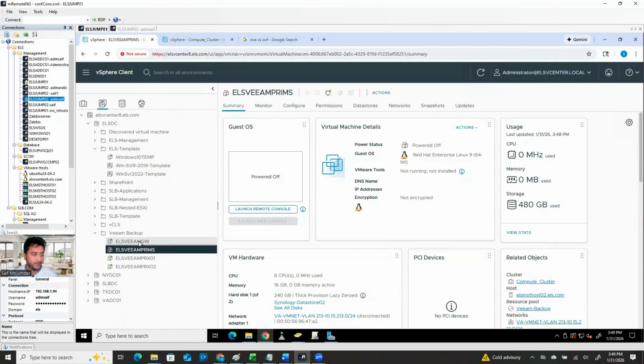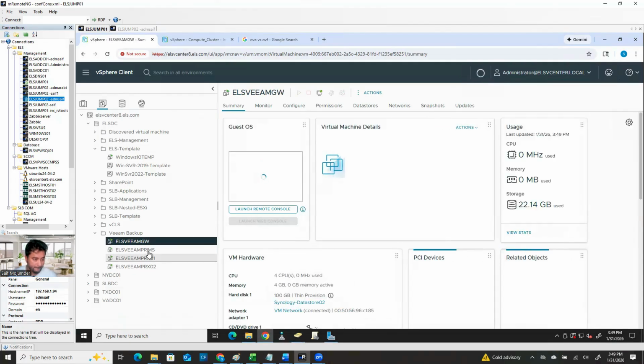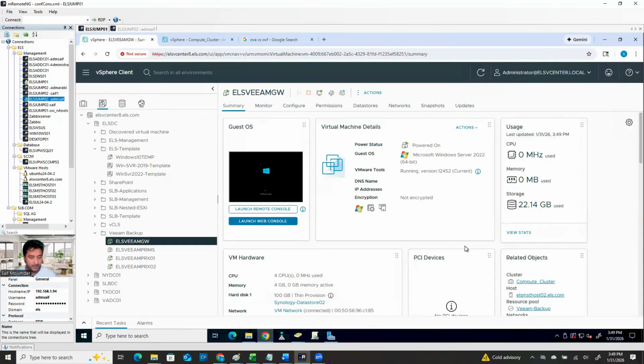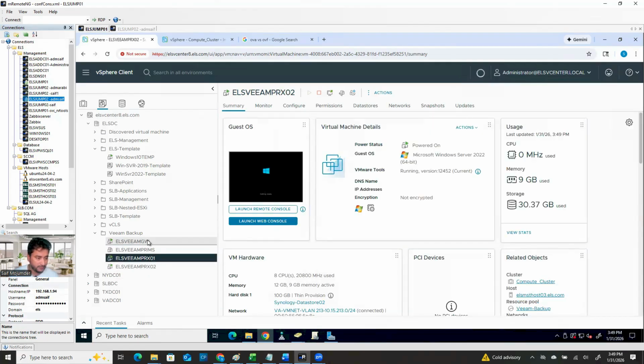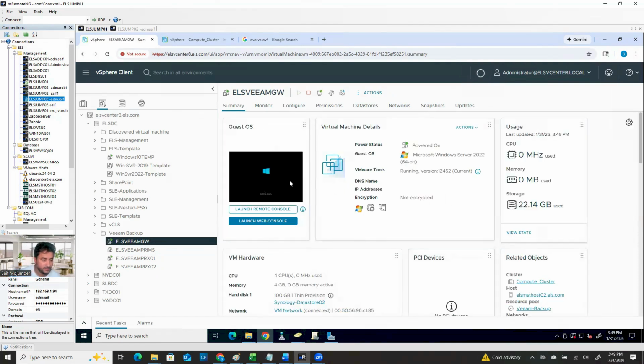Okay, anyway, so now this one is on host number 2. It's deployed on host number 2. So I powered on all of them. So when everything is ready,